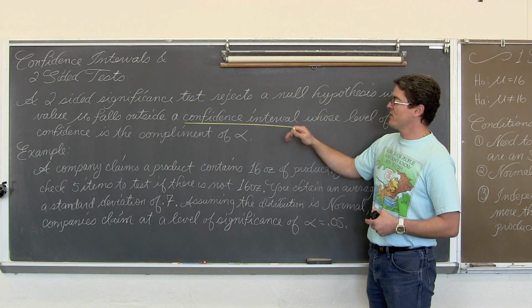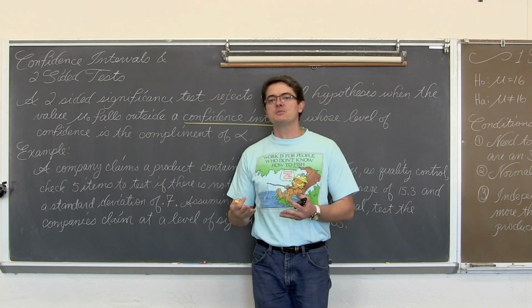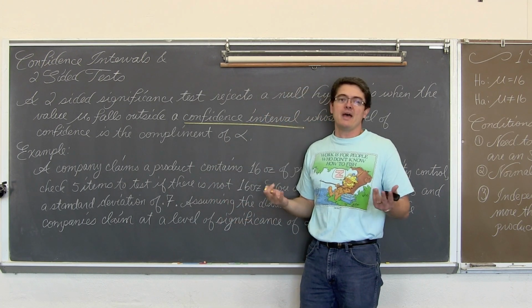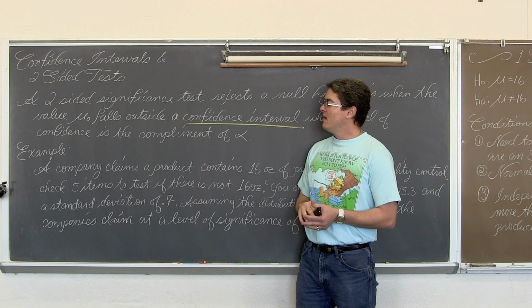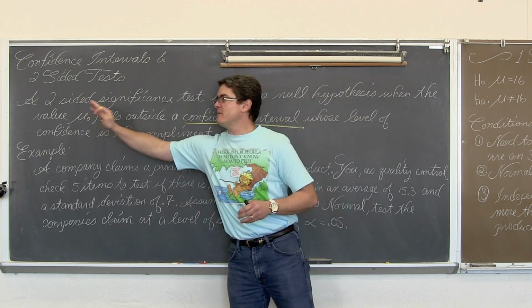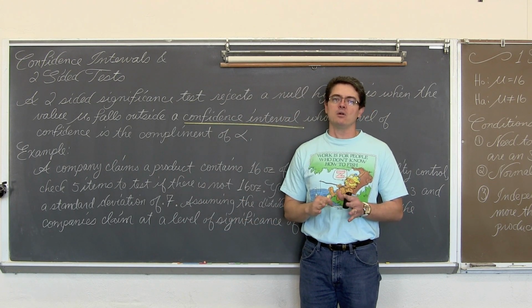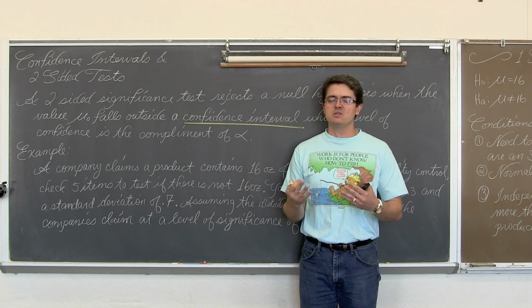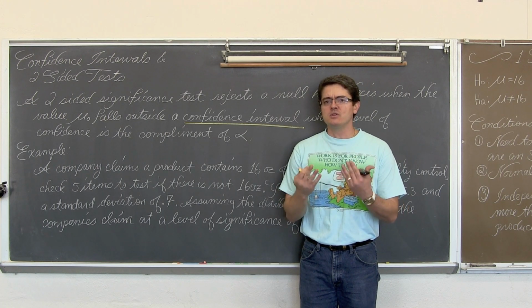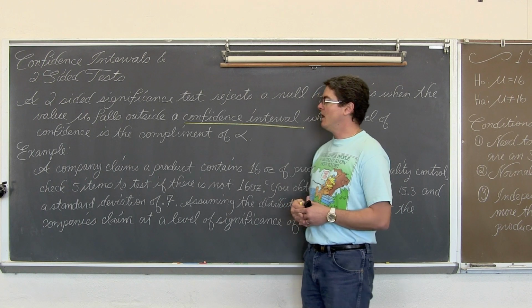Again, let's not forget, if we're given the population parameter, mu sub O or P sub O, or maybe X if it's binomial counts, the purpose of a confidence interval is to estimate that value. So do not make a confidence interval ever around what you're assuming to be true. You never set it around the population parameter if one is given to you.